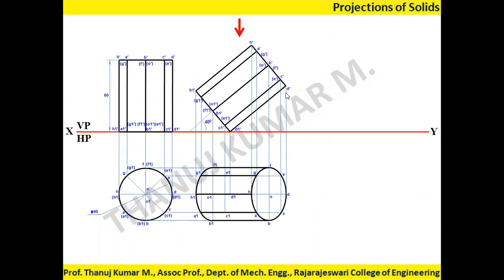So we need to draw. If you observe the figure, from E1 to E, D1 to D, C1 to C, these 3 lines are overlapped from this portion. C1 to A, from this point to H, and from this point, that is E1 to G, these 3 are overlapped by the visible line. As per the priority of lines, first priority is given to the visible line, second priority to the hidden line, and third priority to the axis line.